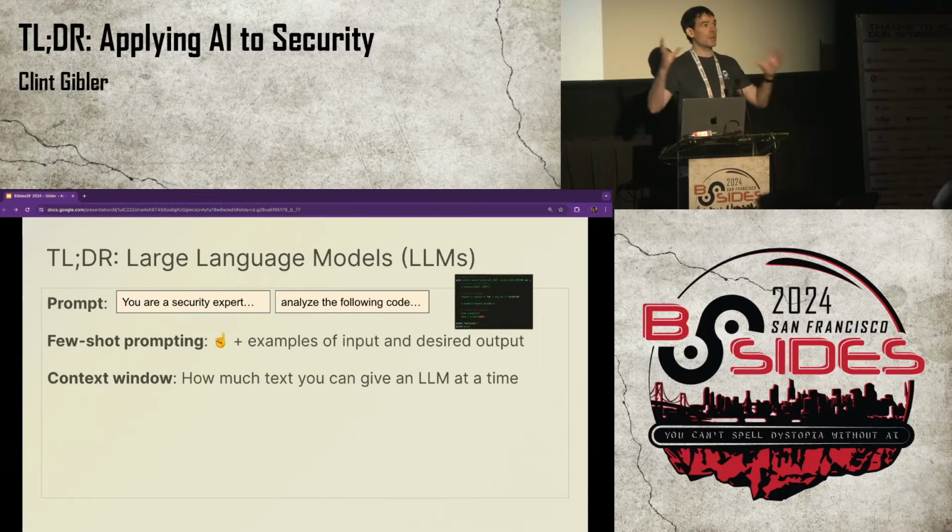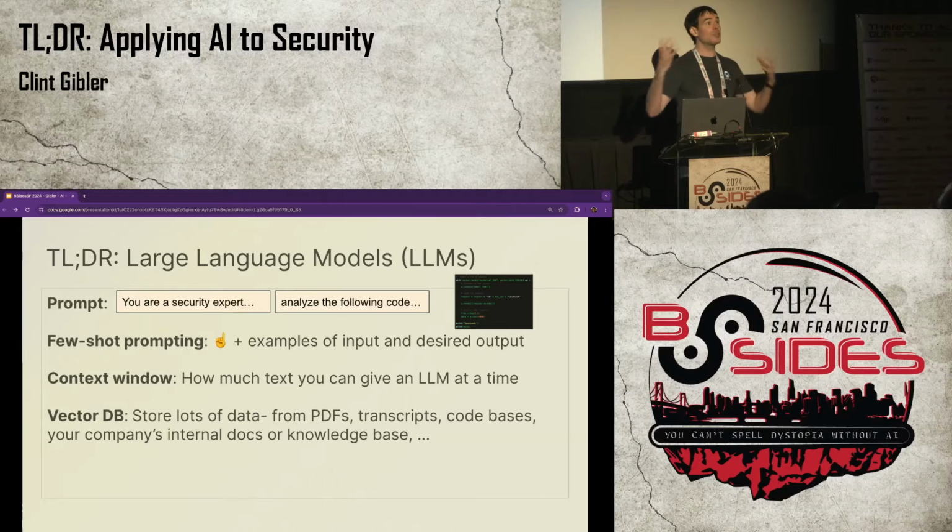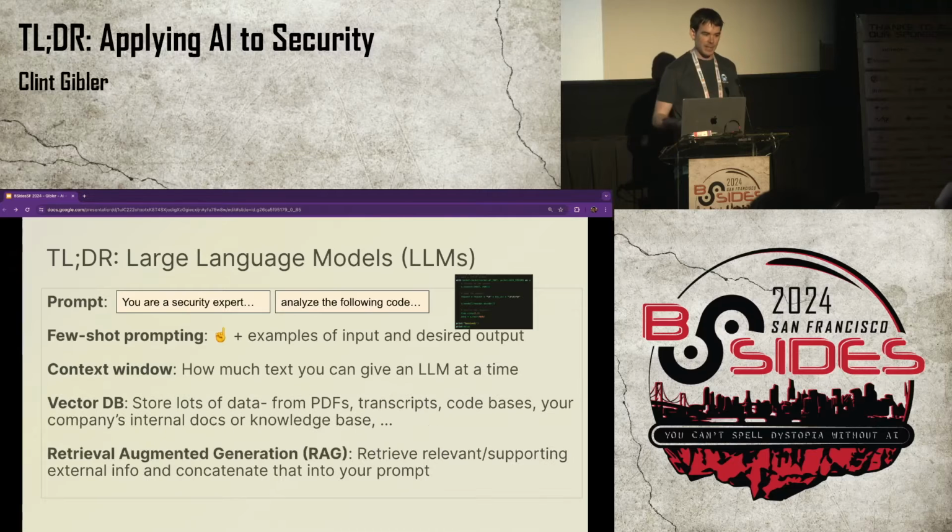A context window is basically how much you can pass to an LLM at a time. You can think of it almost like it's working memory. But sometimes you have too much to fit into one prompt, maybe a bunch of PDFs or transcripts or your company's internal help docs. So you could index those in a vector database and then use something called retrieval augmented generation, or RAG, to have the model programmatically pull in the relevant context and then answer a question or perform some analysis